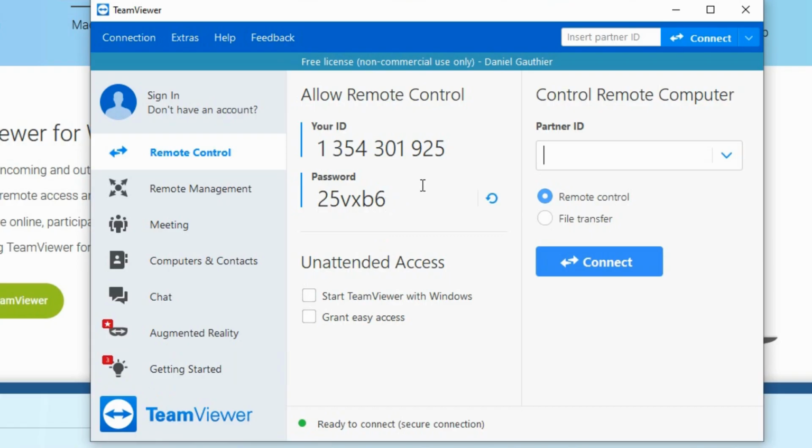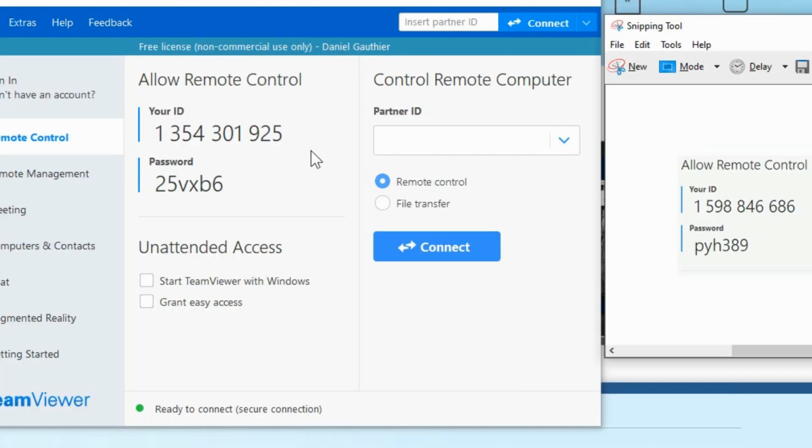Now we've got this computer set up with another ID and password, and what we want to do is we've got the information from the other computer written down here, so we want to plug in that partner ID or your remote ID into this window here. And you have the option of remotely controlling this computer or just doing a file transfer.